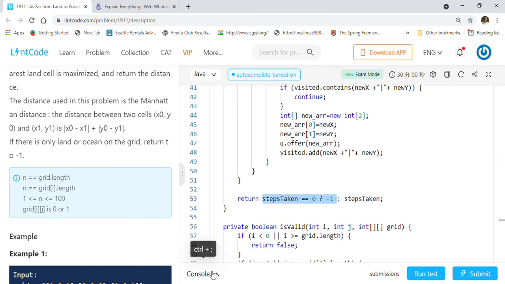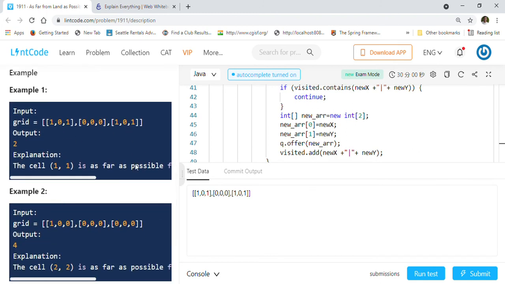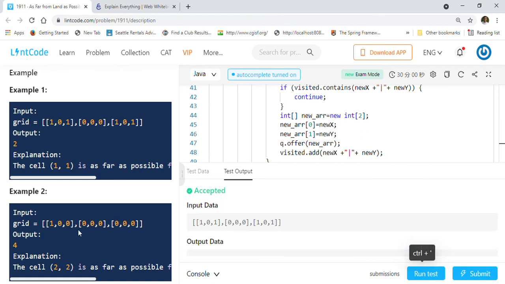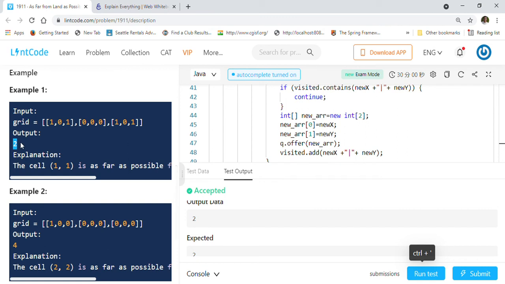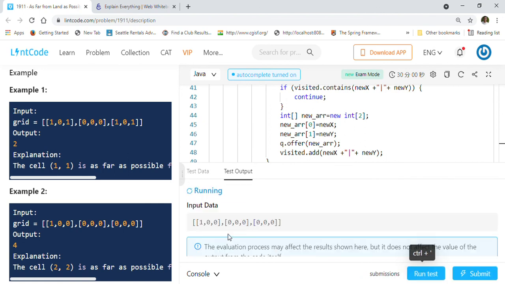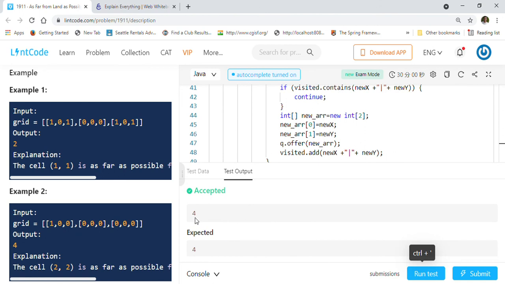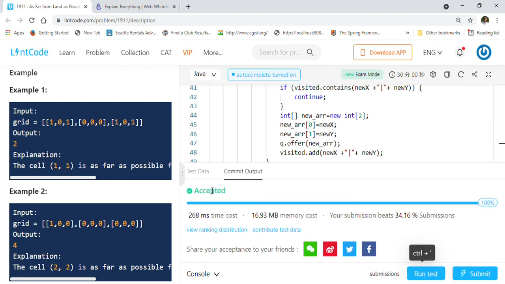So let us take some examples. So they have given us, this is the first one that we are taking right now. So let's just make sure that this code is running. So we are getting 2, so the correct answer we are getting. So similarly we will now run for the second test case and make sure this also works. Now it should be 4, right? We just saw this example, so it is 4. So we will just submit our solution now. So our solution got accepted by LeetCode.